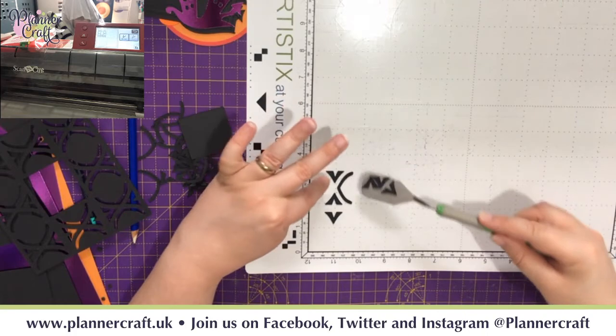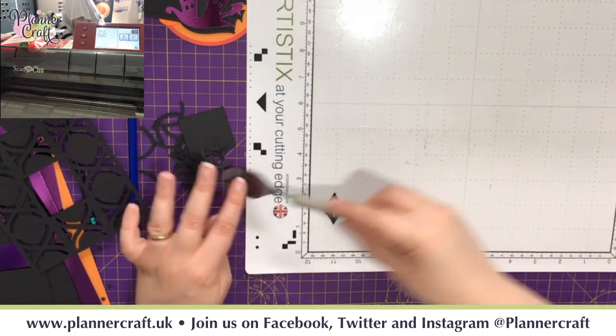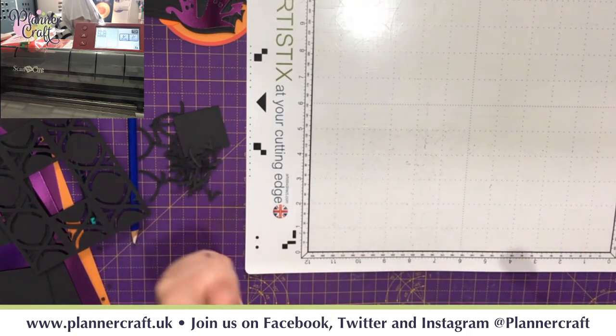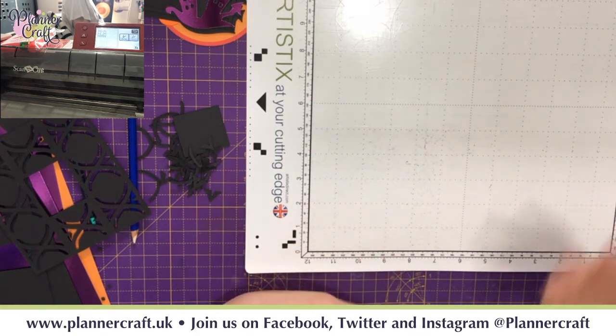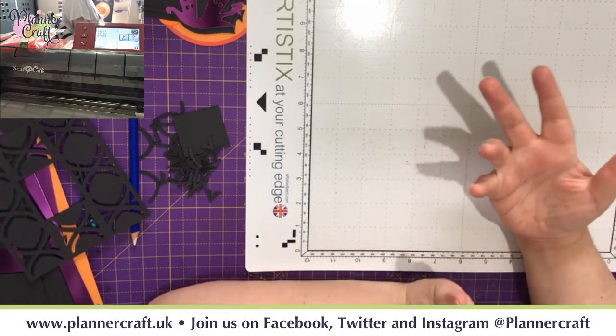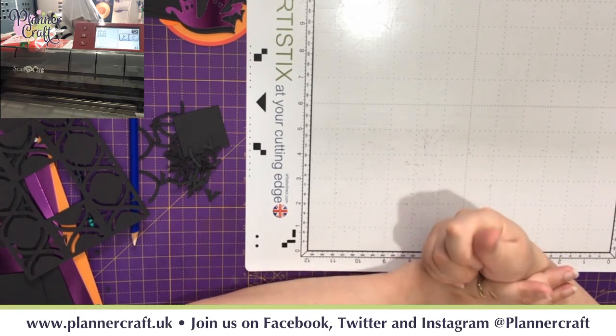So for instance, you could have a florals folder, so all your flowers together. You could do a words folder, so all your words together, cars, travel, etc. A bit like how it's done on the machine. It really depends on how you work as a crafter. Do you find yourself thinking, I just need some flowers to go with that, or do you find yourself thinking,